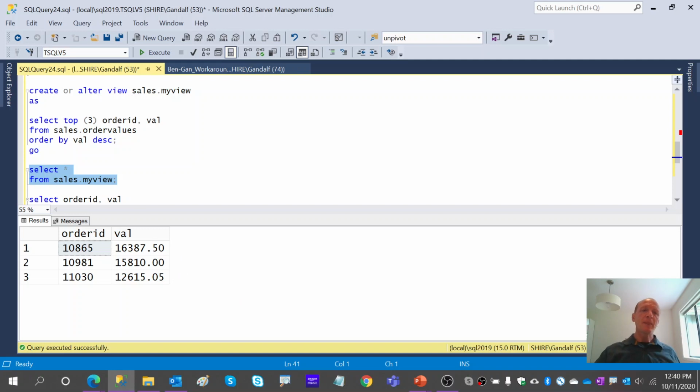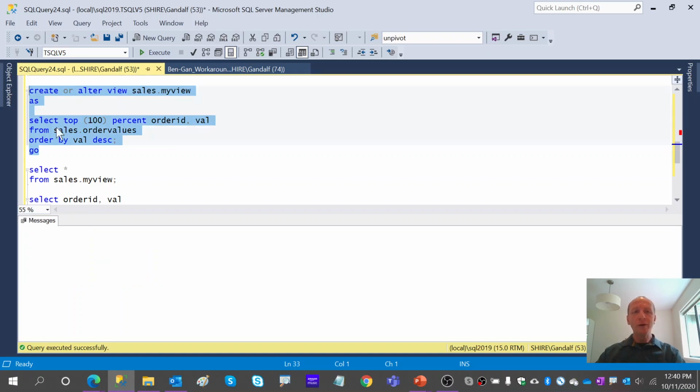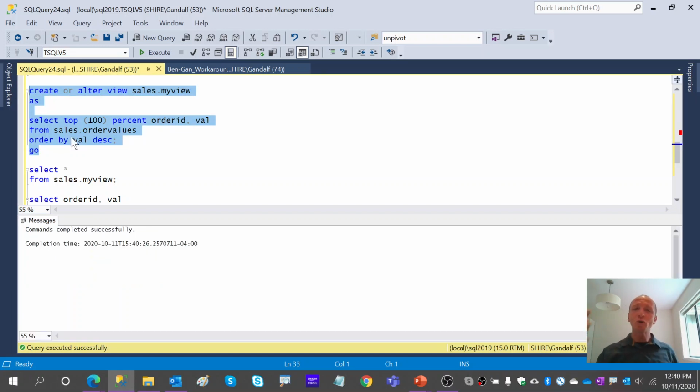And in fact, you're probably familiar with this old attempt to introduce a TOP 100 PERCENT into the inner query, thinking, hey, now that I have a TOP, I'm allowed to put an ORDER BY clause, and now I'm getting my sorted view. So putting a TOP 100 PERCENT in the inner query, people think that now they have a sorted view parallel to Oracle's sorted view.